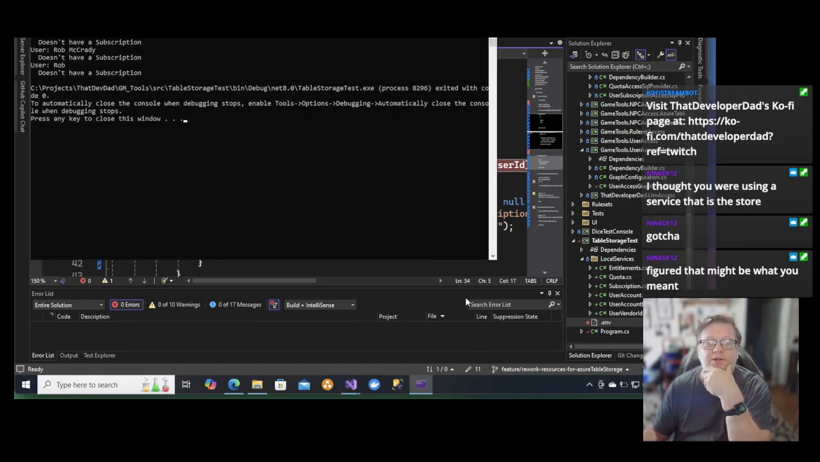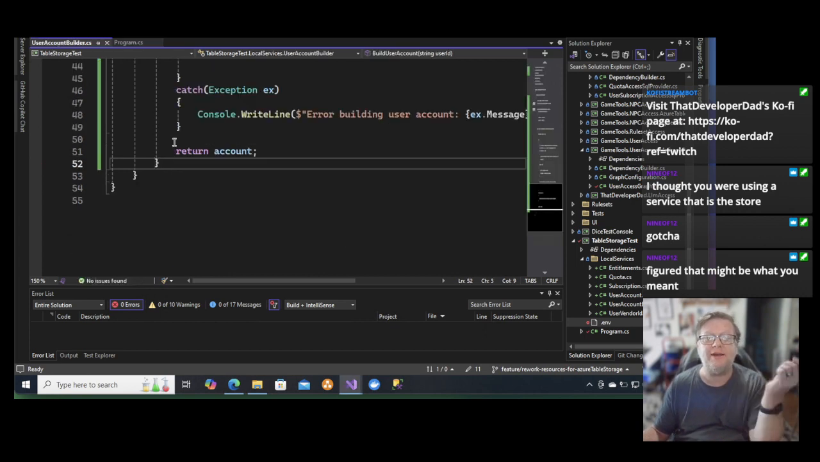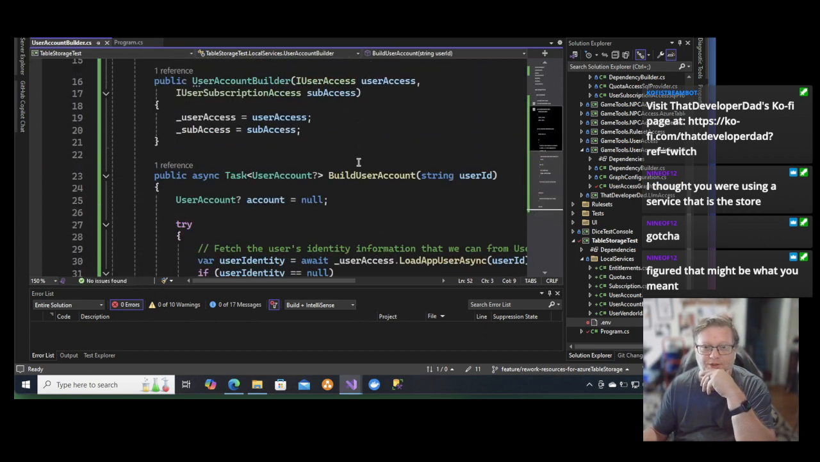And we'll take a look at our console output. DevDad doesn't have a subscription. I don't have a subscription because I haven't queried for those yet. Cool, cool. Now, there's something I need to do up here in User Account Builder